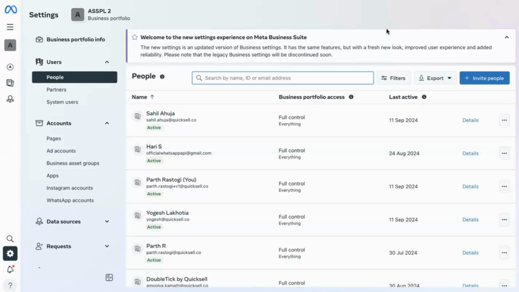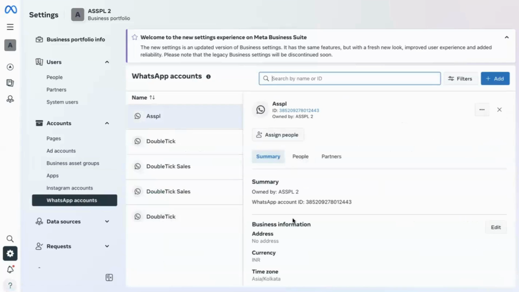So for creating a WhatsApp flow, we'll need access to the Facebook Business Manager account. Now this is how our FBM account looks like. We'll go to WhatsApp accounts. We'll select the number for which we want to enable flows. For example, here my number is DoubleTick Sales. I'll scroll down, click on WhatsApp Manager,